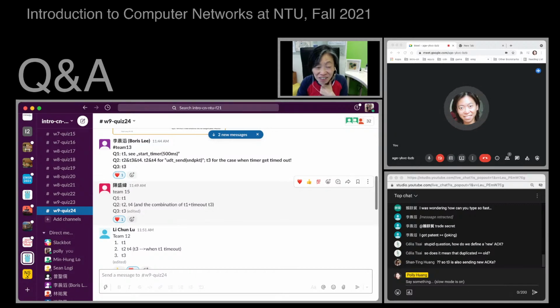When does it send a new ACK? It's sending a new ACK when T1 was triggered before, and there's no more data coming in for 500 milliseconds. So that ACK generated by T1, after 500 milliseconds, will still go out.